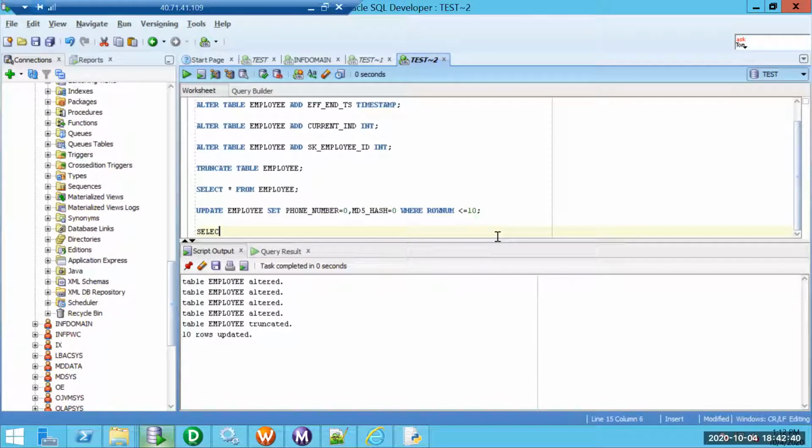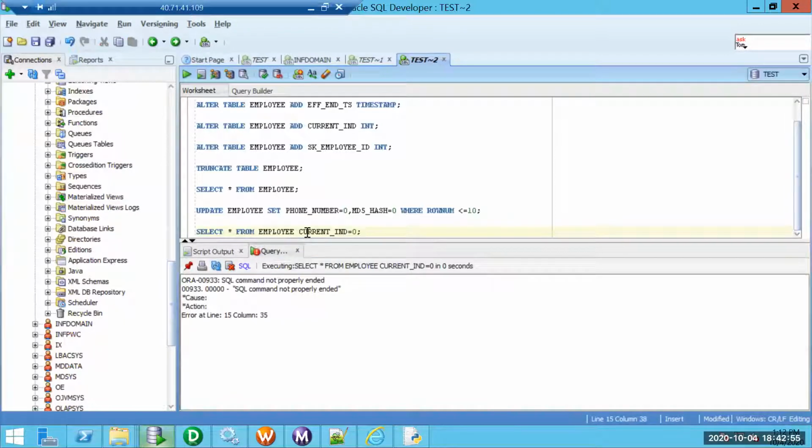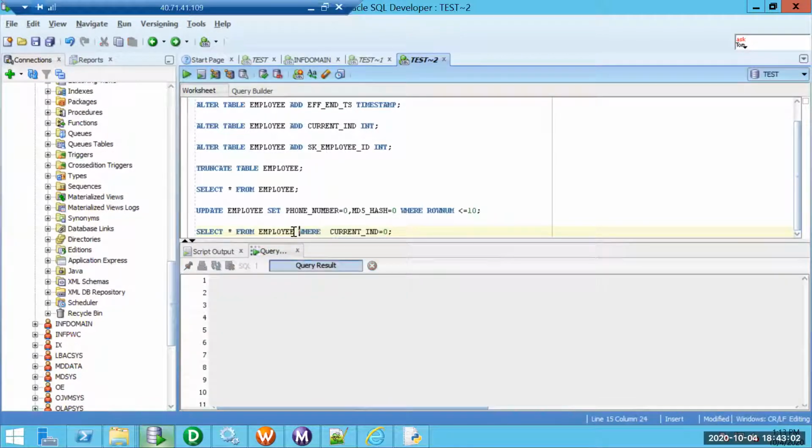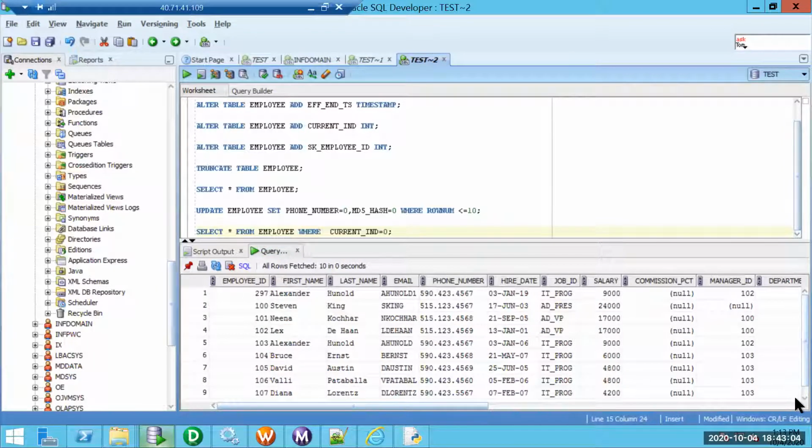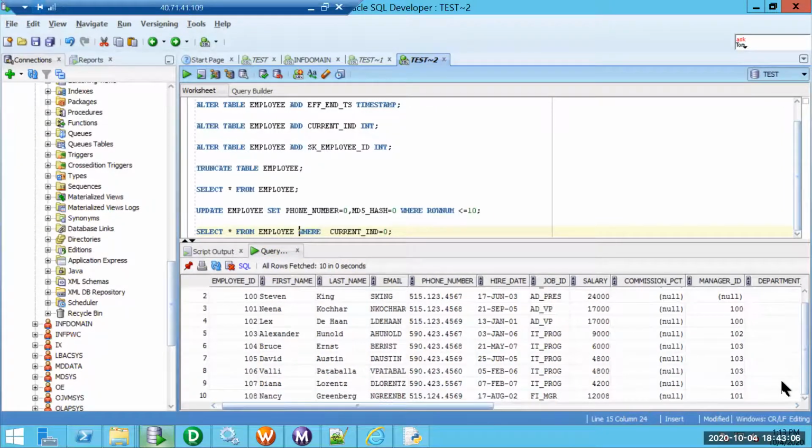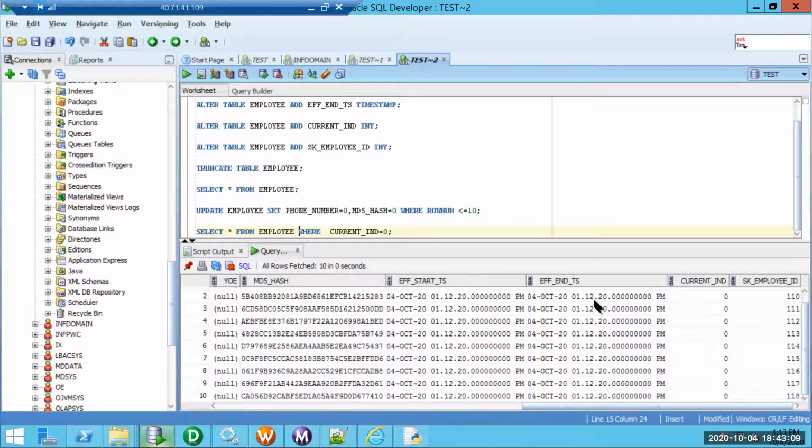So out of all the records, if we try to query employee table with current indicator 0, we should find 10 records. Current indicator equal to 0. So perfect. Now corresponding to these 10 records, effective end date also will be populated. So it is actually getting the time also when we are updating.